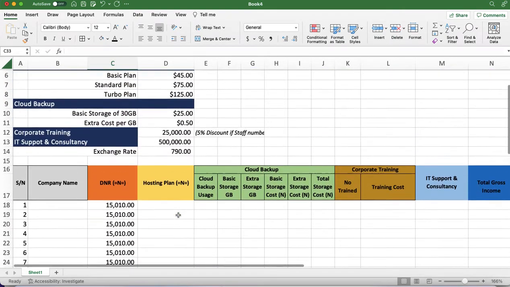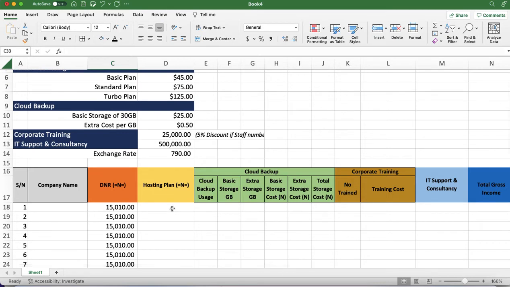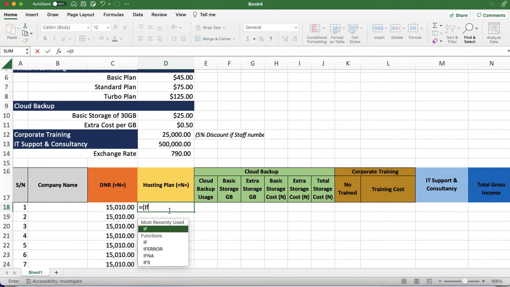So let's look at the hosting plan. In this hosting plan, there are two things you can do, and I'll show you one way you can do this. There are two ways to do it. That will extend this a little bit. You have to use an if statement because there are multiple plans, isn't it? So here's what we do. You say is equal to, open bracket, if,